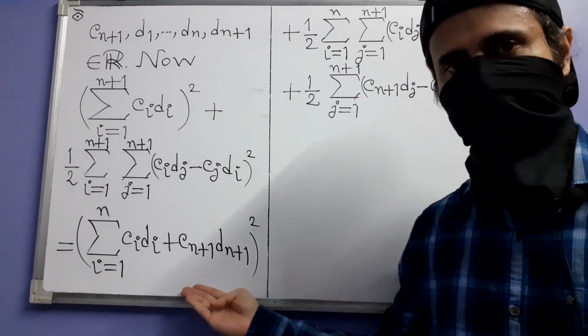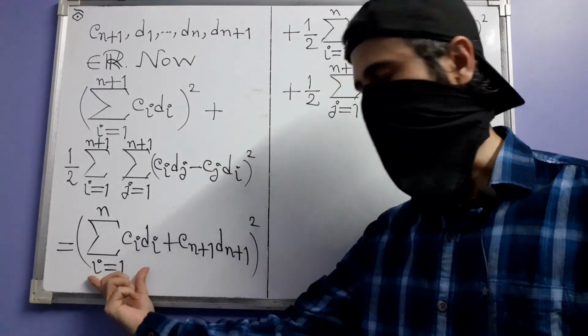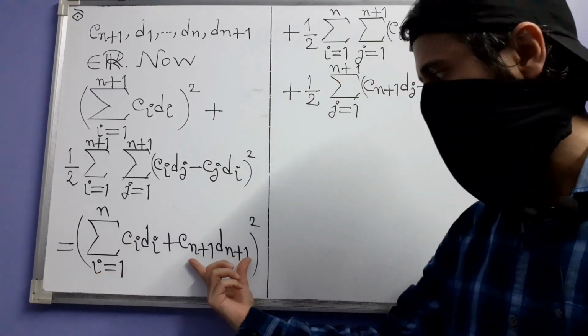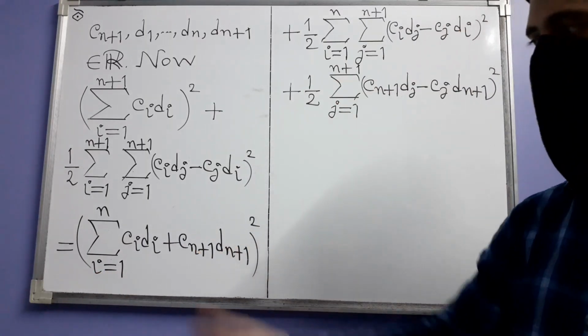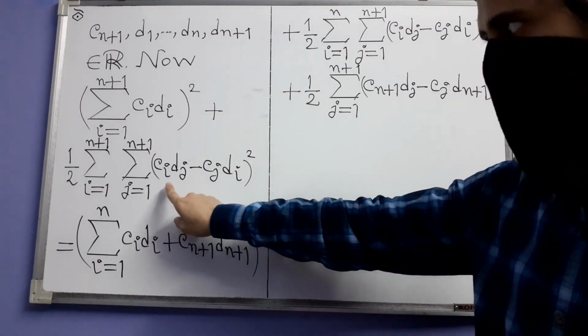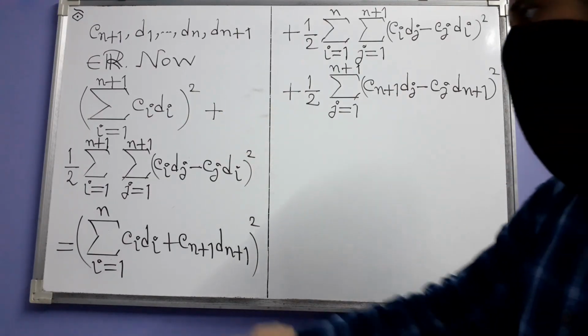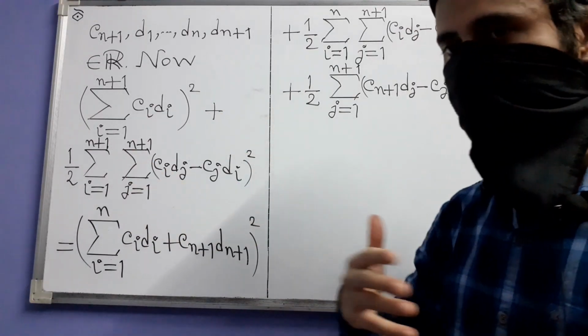So this is the first split. We have written this sum as the sum of the first n terms plus the last term, Cn+1 Dn+1 whole square. And for this second term, what we have decided is we would write the outer sum